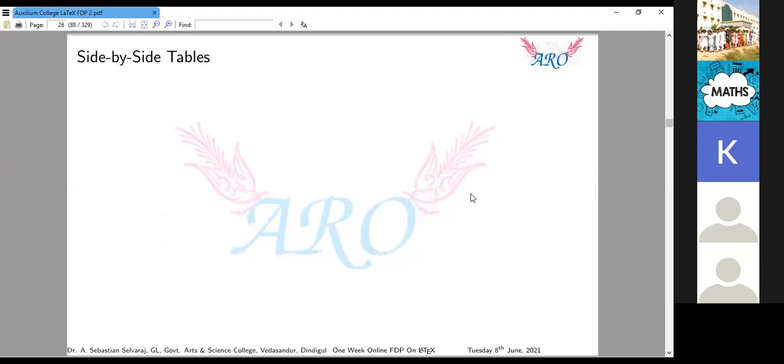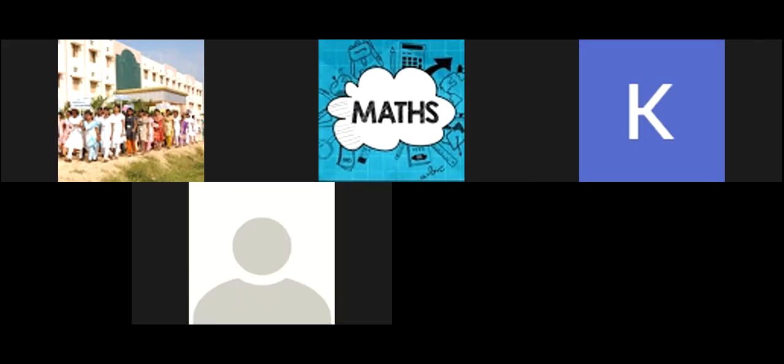So another, the second set of table, this one, tabular, creates the second set of table. I am using only fill. Fill is nothing but horizontal fill. Okay. So for comparison purpose, we are using side by side tables.